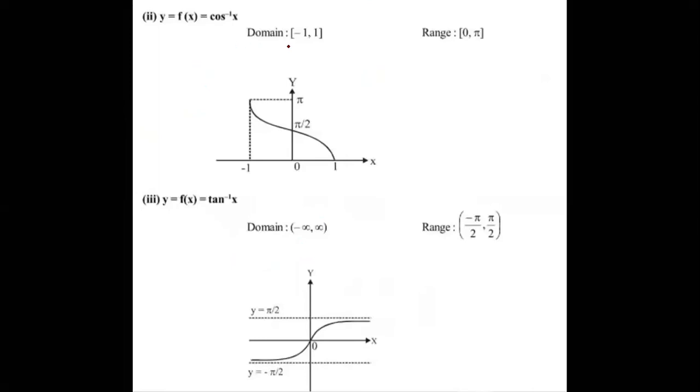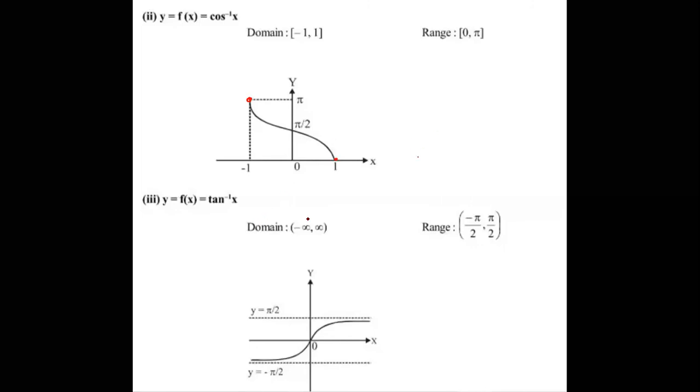Similarly, cos inverse x. What is the domain here? Minus 1 to 1. The range is 0 to pi. This is the graph up to here only, ending. Cannot expand this one. So my request is that all of you make a table to keep in mind the domain of cos x, domain of sin x, like that individually. Then you can easily understand that. If anybody needs, I will write the table, no problem. If anybody is interested.